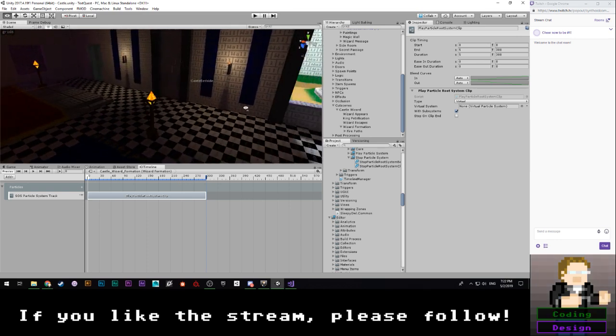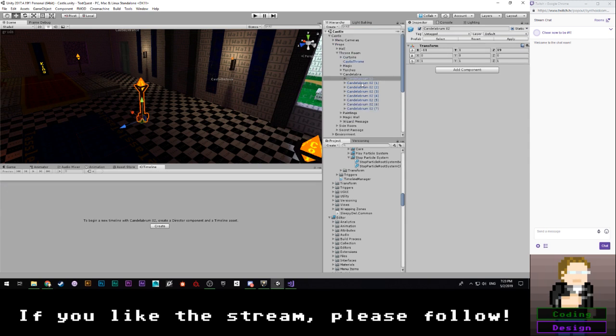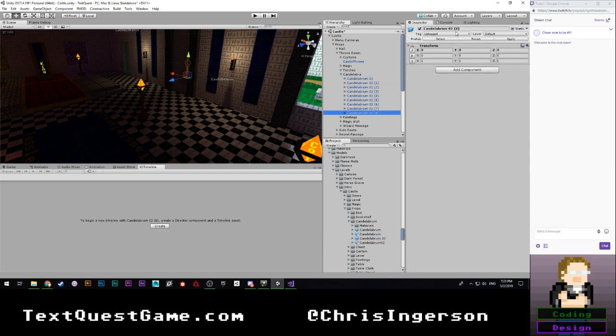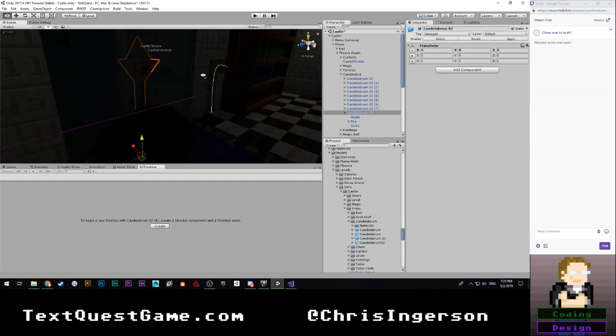So to do this, let's go ahead and I'm going to grab this. I'm going to select this. It's blue because, of course, it is. I'm going to put this right here. We're going to rename that to Candelabrum 2. I'm going to come over to here. I'm going to hit F. And I am going to